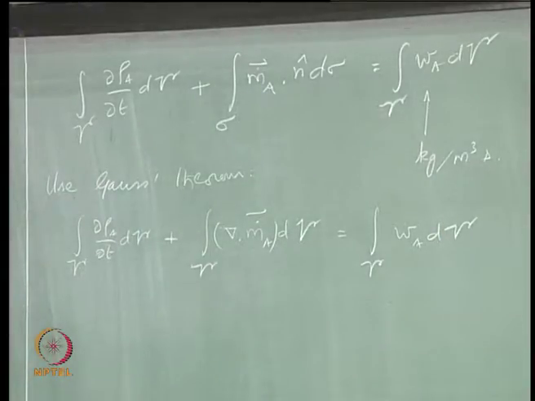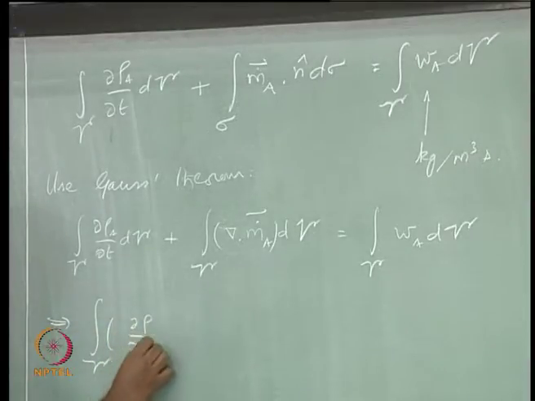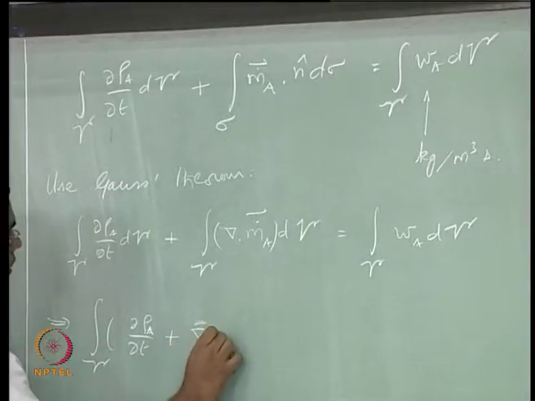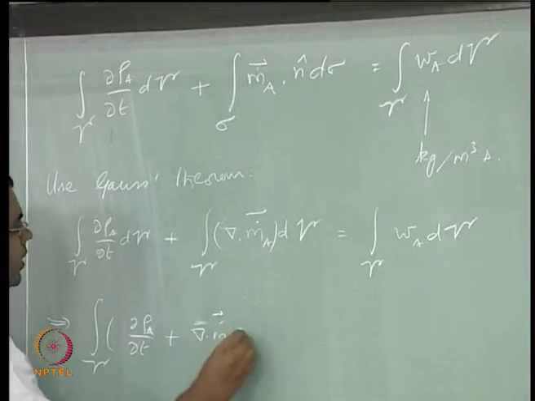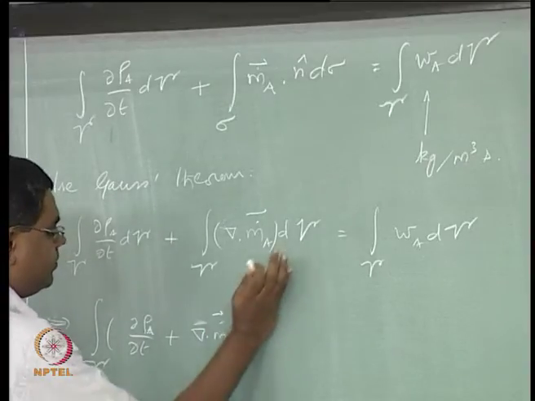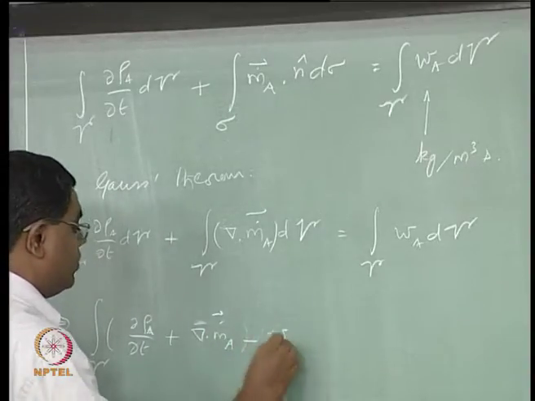So what you can do is group all of them: ∂ρA/∂t plus divergence ṁA minus WA,